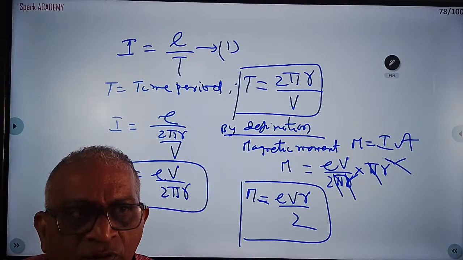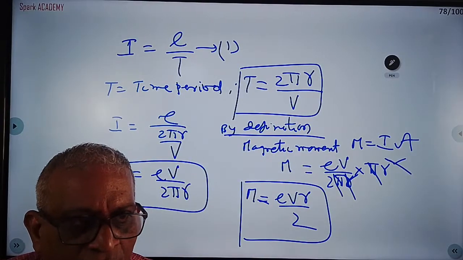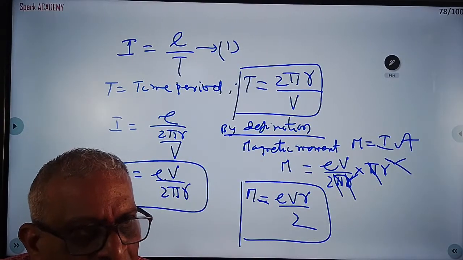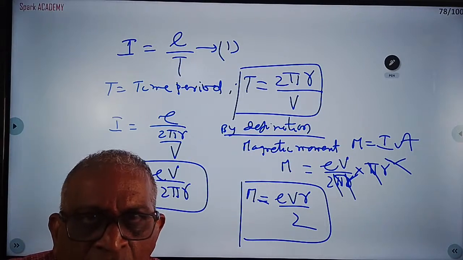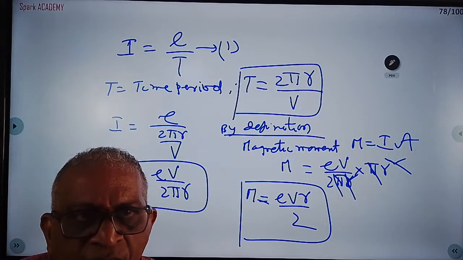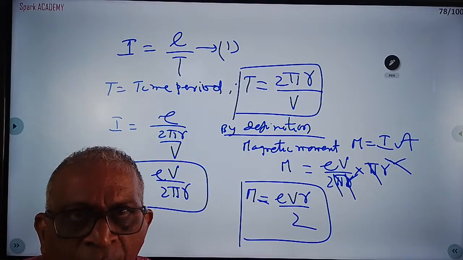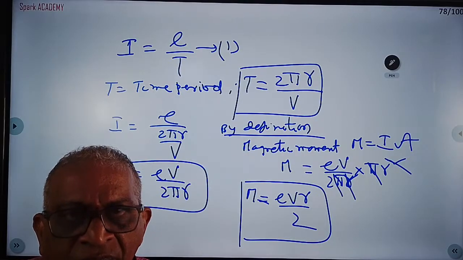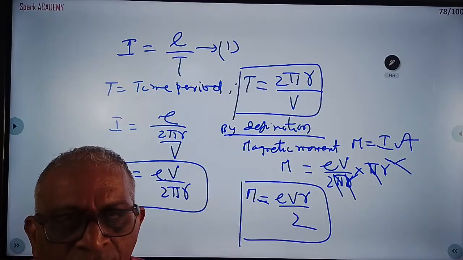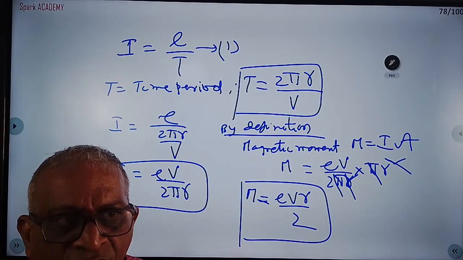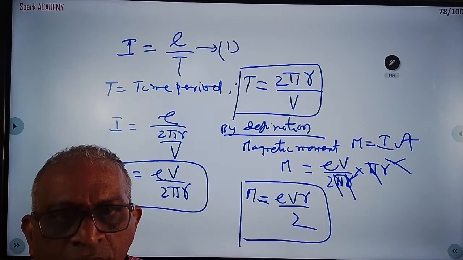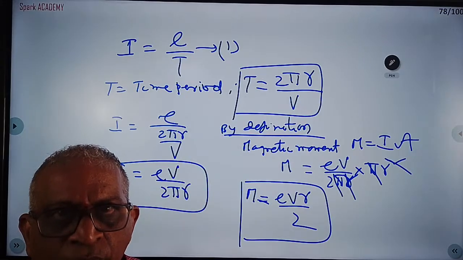Students, please read Ampere's law yourself. After explaining the long questions, if time permits, I will tell it, or you have to read it, because Ampere's law is also very, very important. State and explain Ampere's law, or using Ampere's law derive the expression for the magnetic field due to a long straight wire. The magnetic field due to a long straight wire is B equal to mu 0 I by 2 pi r.